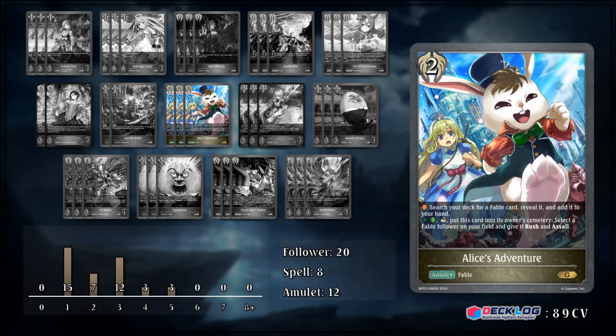Our amulet 2 cost is Alice's Adventure. Fanfare, search your deck for a Fable card, reveal it, and add it to your hand. This is going to be able to get any Fable card in our deck, which is super powerful. Makes it a great draw once we have 0 cards in hand, since we can just turn it into anything we want. In addition, pay 1, engage, send to Cemetery, select a Fable follower on field, and give it both